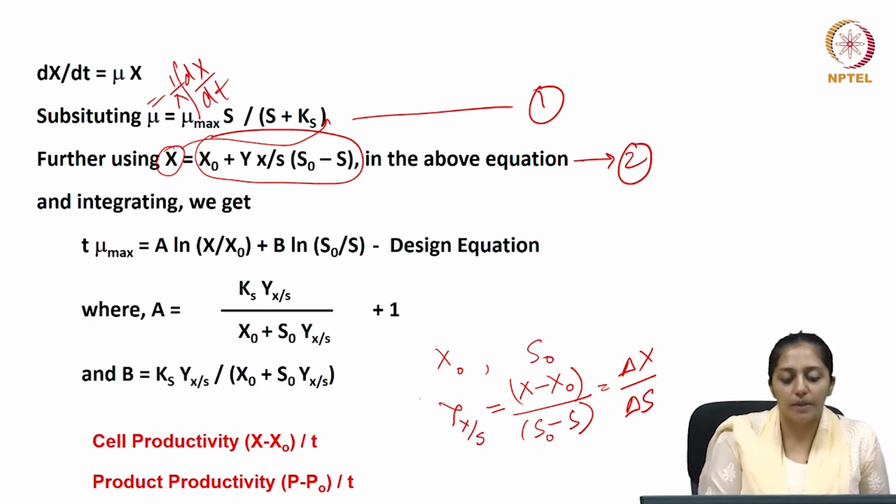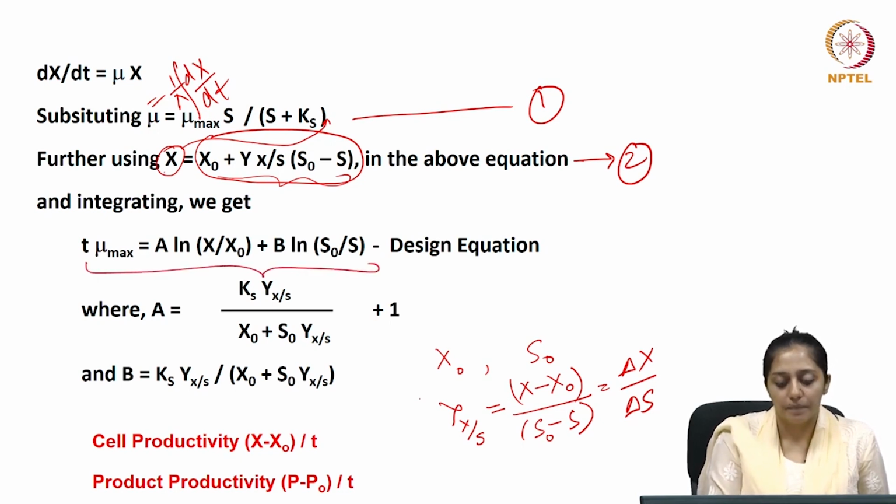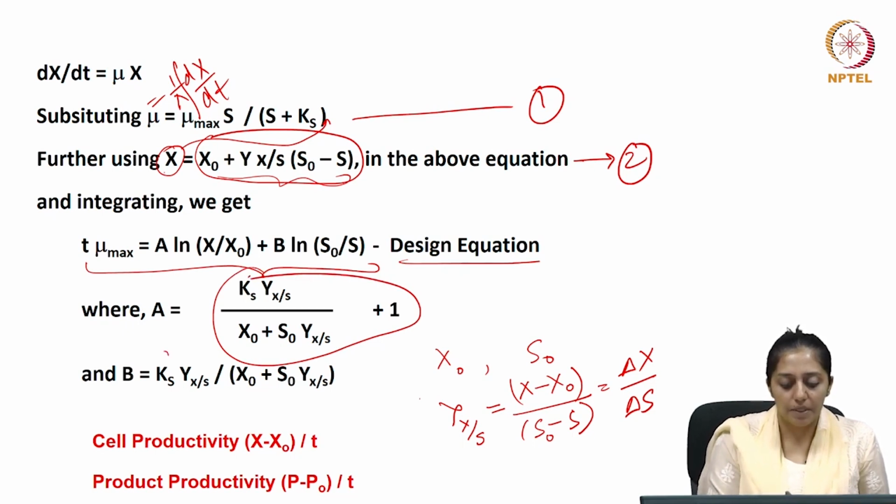So, in order to get x, you will then integrate this equation after substituting the x in terms of S. Now, when we integrate, then we end up in this form, which is called the batch design equation, where A is a constant given as this, and B is another constant which can be given